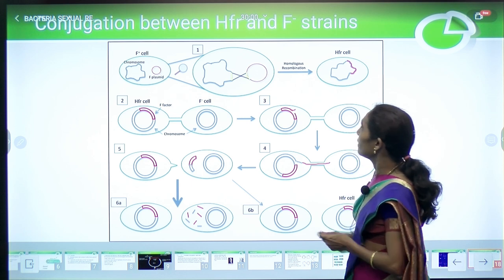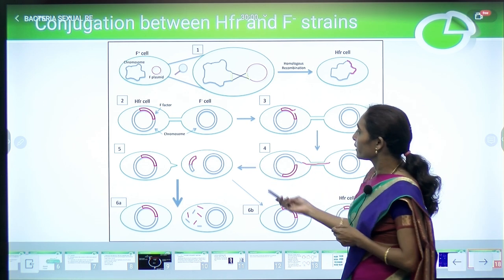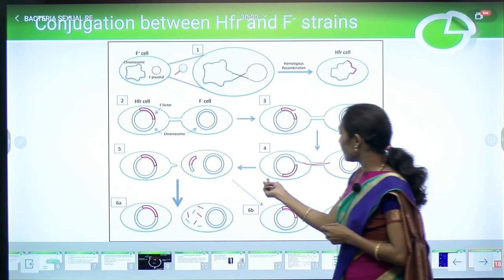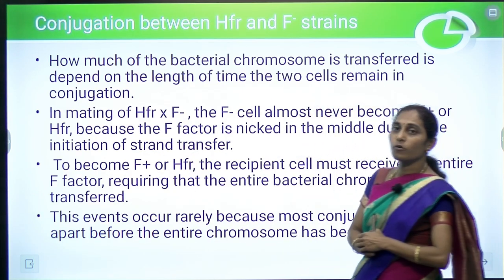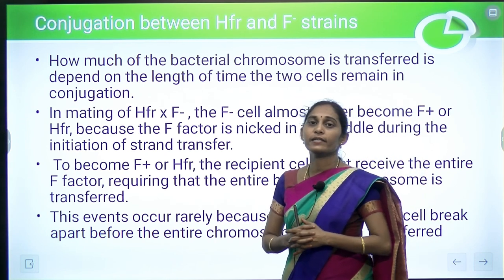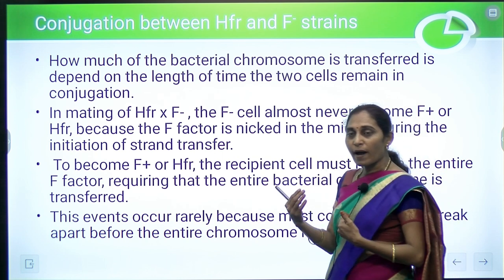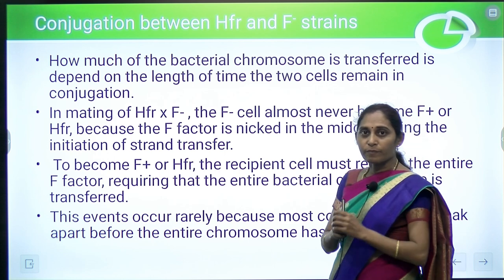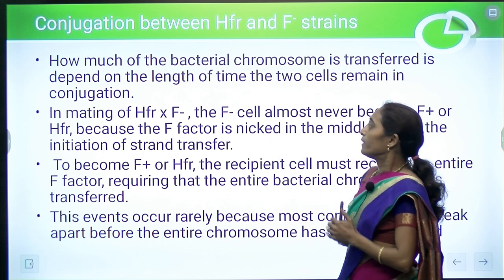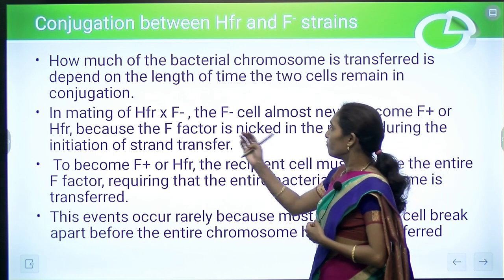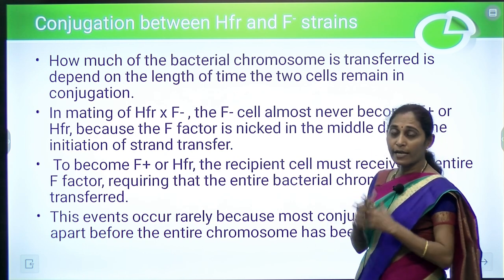This is another picture showing different steps of bacterial conjugation between Hfr and F minus cells. How much of the bacterial chromosome is transferred from Hfr to F minus depends on the duration of time that the two cells remain in contact. And in mating of Hfr and F minus, the F minus cell almost never becomes F plus or Hfr,